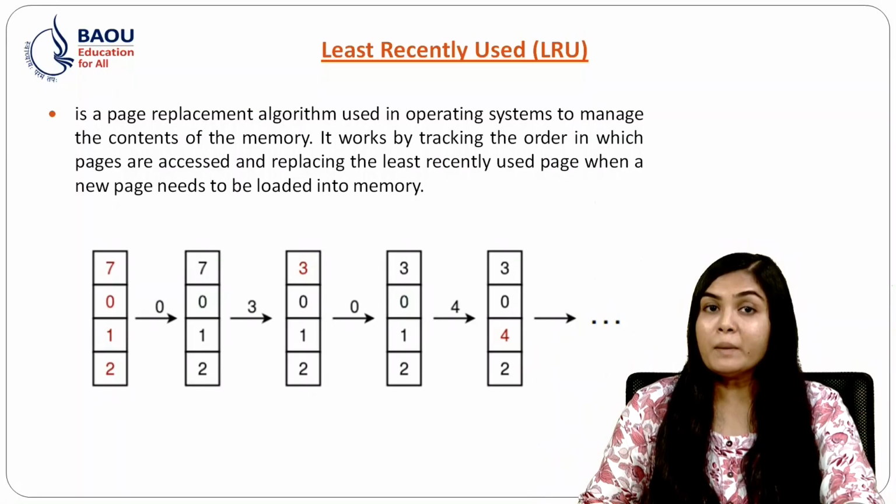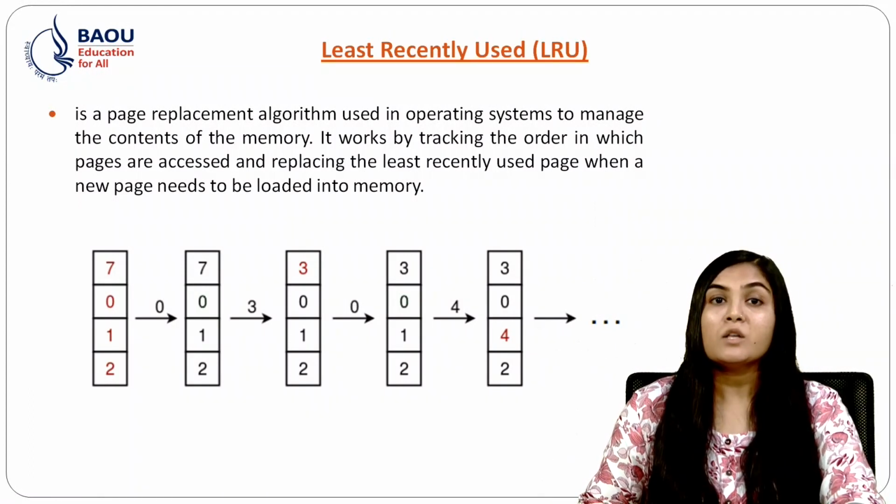This can be implemented using various data structures such as linked lists, stacks, or more advanced structures like hash maps combined with a doubly linked list for efficient access and update. So now let's understand with the example. Let's say the page reference string is